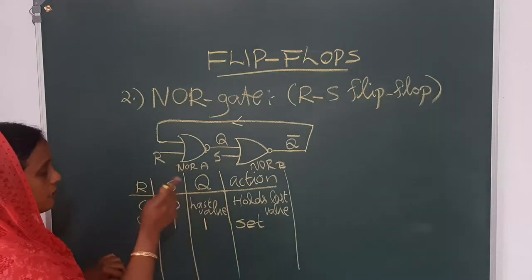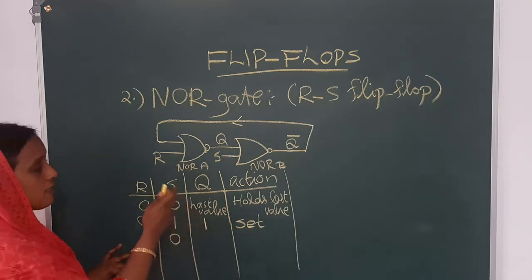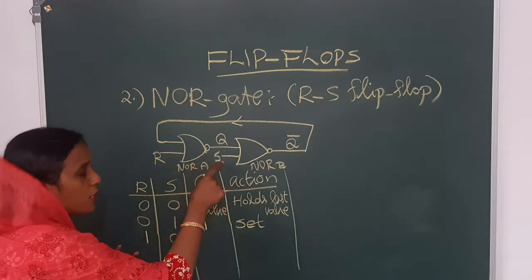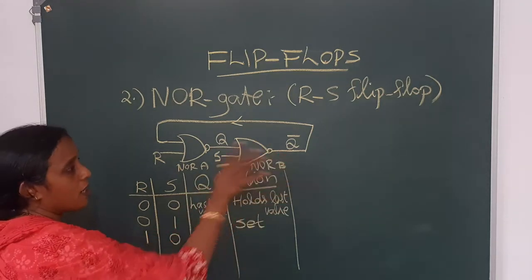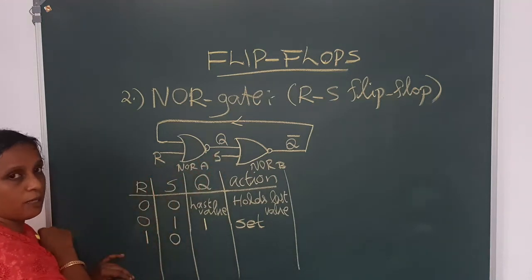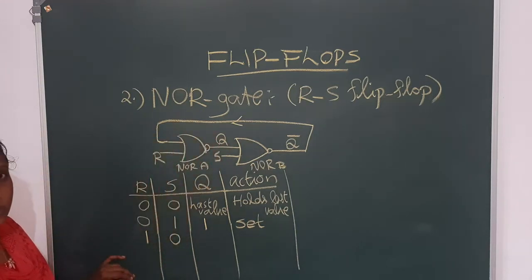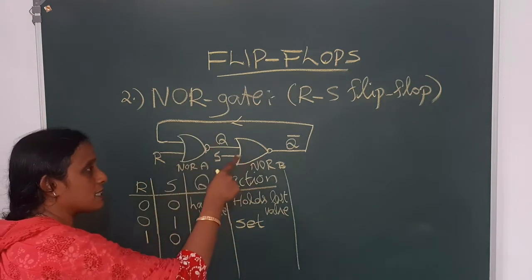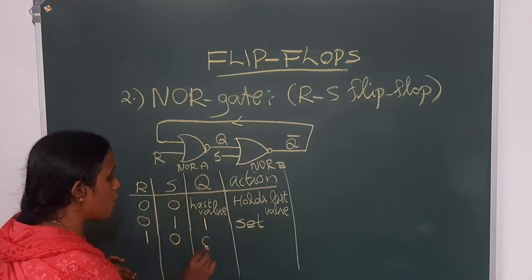Okay, now we can check the next combination, the 1, 0 combination. Now what happens? R equal to 1 and S equal to 0. We already know that if input is 0, it cannot make any change to this circuit. Okay, so Q bar remains the same. At the same time, this R is 1. R is 1 means what happens? This gate gives Q low value. Okay, Q is low. Q is low means both these are low and so Q bar is high.